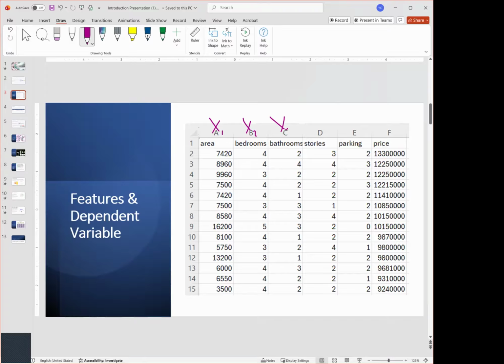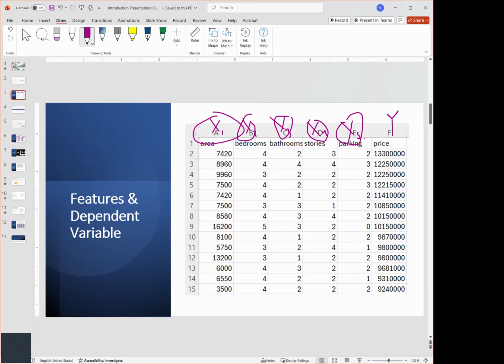These features are inputs, and this is the output, which is the dependent variable. These are input number 1, input number 2, input number 3, input number 4, input number 5.